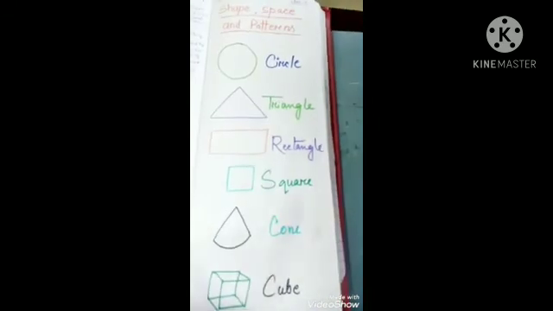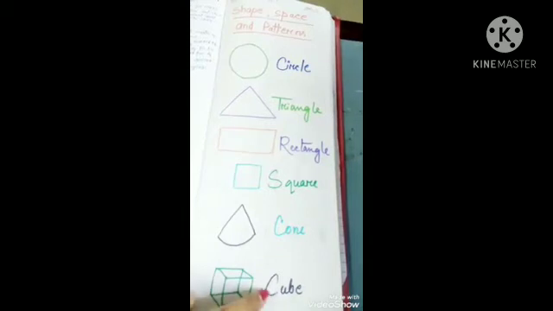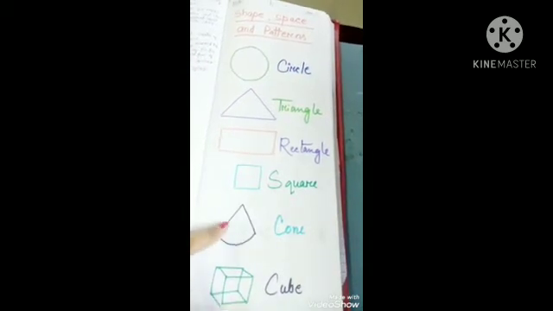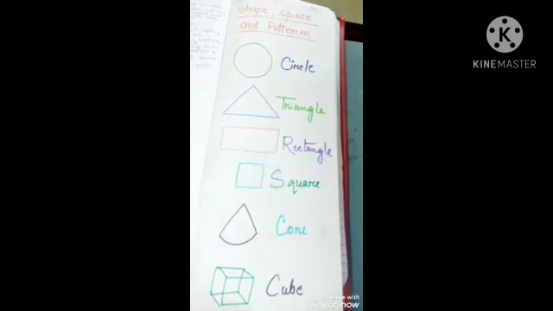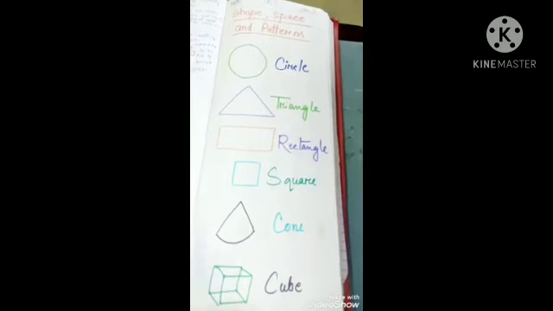So here you can see two more shapes. This one is a cone shape and this one is called a cube. For the cone shape, I can give you the example of a birthday hat. In a birthday you generally buy some hats, so that one is cone shaped, right? That is a three-dimensional figure. And for the cube, I can give you the example of a Ludo dice, which is considered a cube.